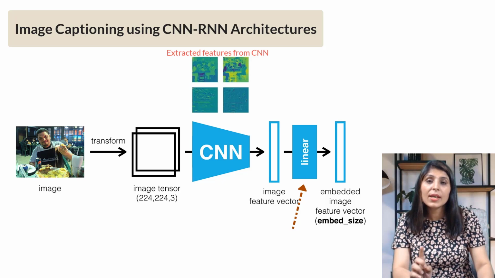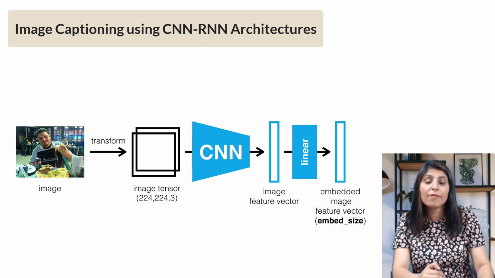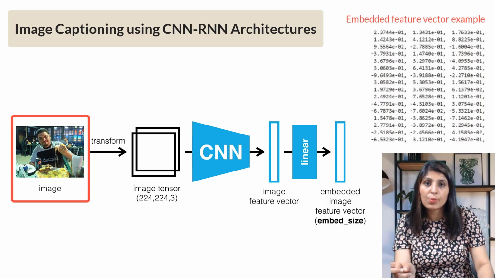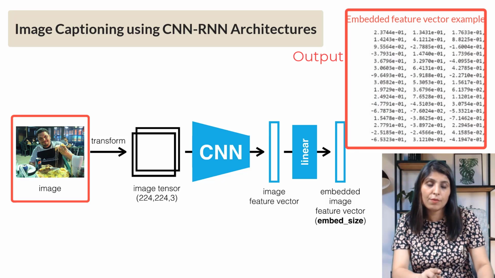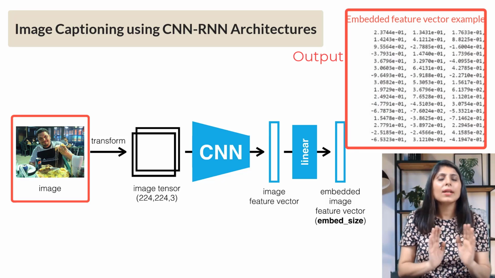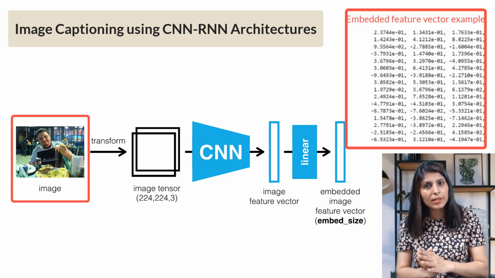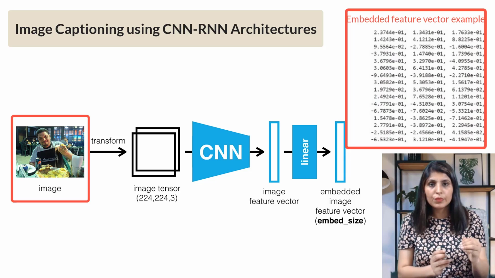Once we extract the features, we are flattening those features, and after that we are using an embedding layer to get the embedded features like this. This will be the input to this network, the CNN encoder, and this CNN encoder will give you this output. This is an embedded vector. Before moving to the decoder part, let's understand the code of the encoder only, and then we'll move to the decoder.